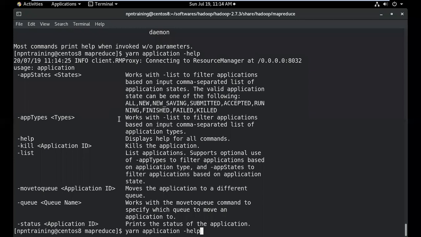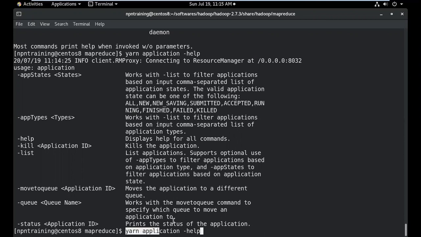Correct? There can be scenarios like that. For example, if you understood that you have wrongly coded and executed a job, and that job execution will take up a lot of cluster resources, you want to kill it. Or there can be a scenario where some job is running for a longer time and we have to debug why it is not running. So there's no point in proceeding, I want to kill the job. In all these kinds of scenarios, these commands are very handy.